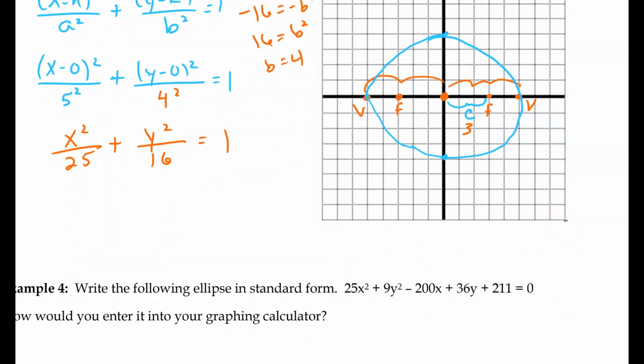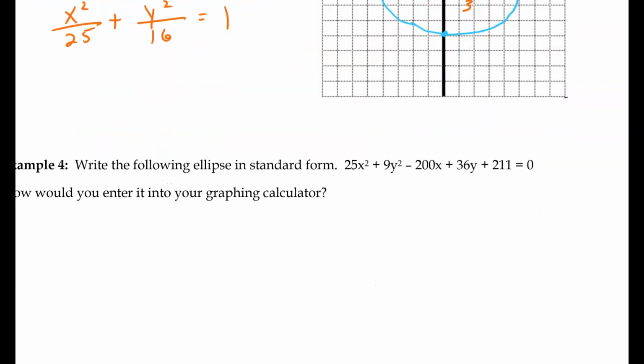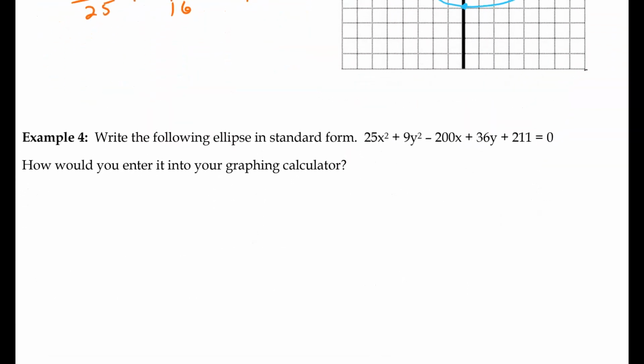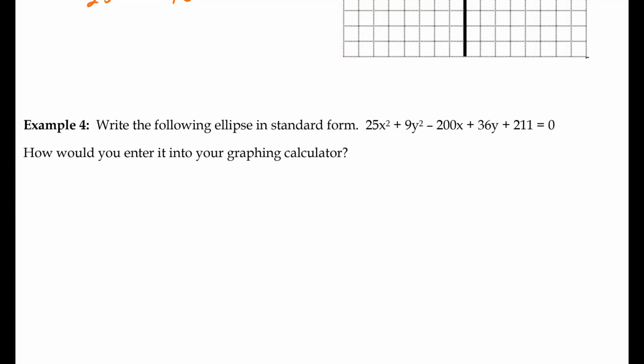Okay, now the next part, you need to be really careful, but we're going to use completing the square. Now, we're not going to graph it this time, but we're just going to change it into the form. You should still be able to pull out the center. You should still be able to know what the major and minor axis, your A, B, and C are from this information. But I want you to notice this. It looks nasty. Normally we say when we're working it, we know we're going to use completing the square. We're like, hey,